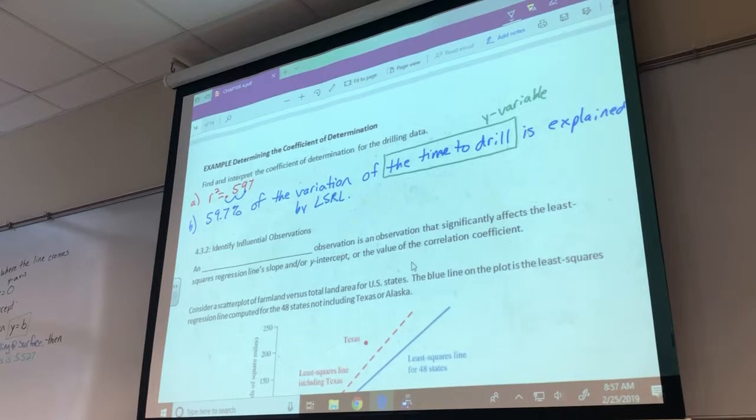So the last thing we're going to talk about in this section is an influential observation. So I'm going to define it as an influential